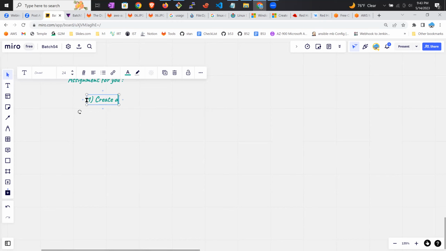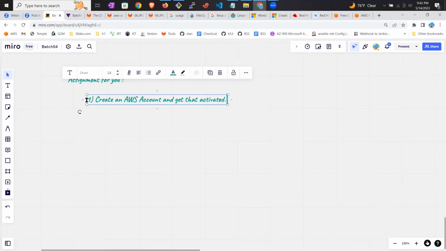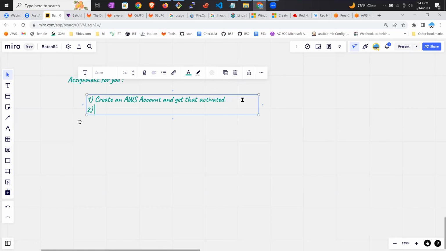Create an AWS account and get that activated, because I don't want to teach on some test environments or sandbox. We prefer going with the production grade. Create an AWS account and ensure your account is